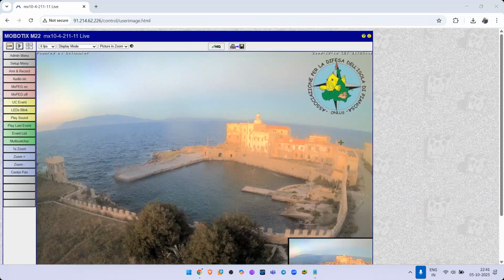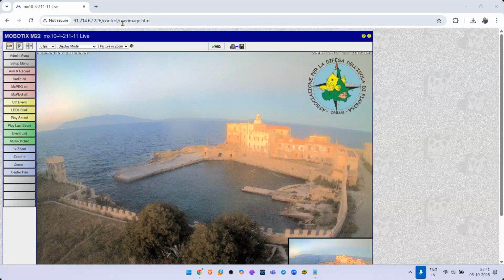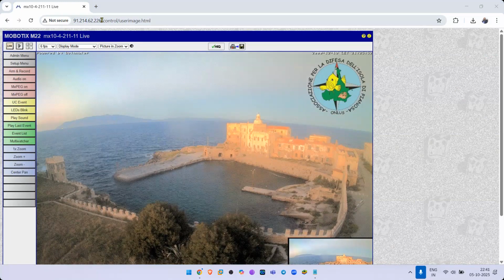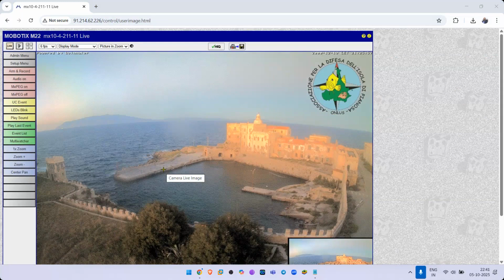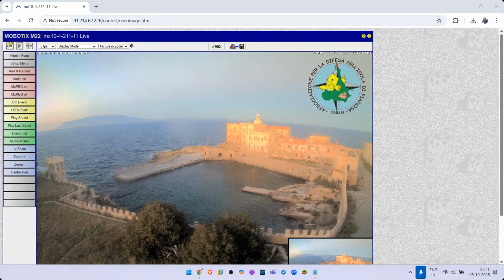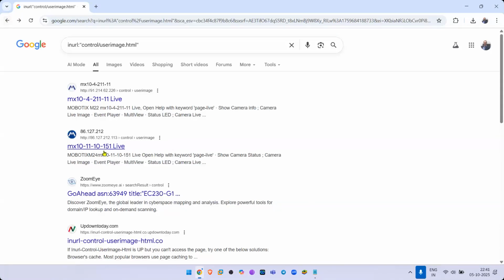Whoa. You can copy this IP address and go to What Is My IP Address. You can make out which part of the world this is from. I think we are seeing somebody. Yeah, it's a live camera, guys. They are just monitoring what is going on out there. Wow, superb, isn't it? Let's try another one.